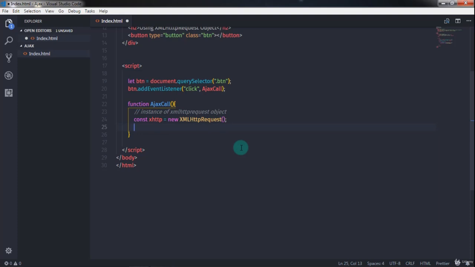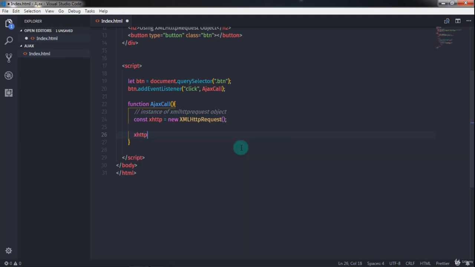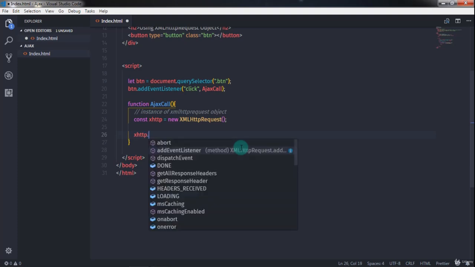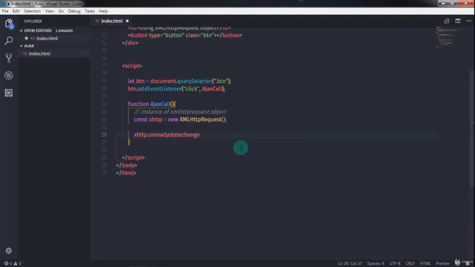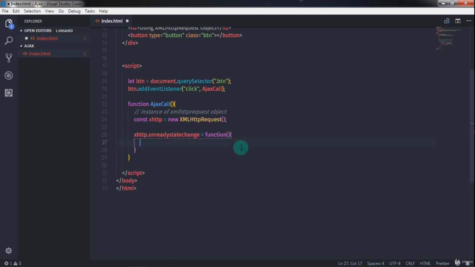Now just after that, I wanted to call the onReadyStateChange property of the XML HTTP request object. The readyState change property is an event handler that is called whenever the readyState attribute is changed. So I will call the instance xHTTP and call the property onReadyStateChange, right? So this is my property. I will call the handler function, so I will say function here, and in this function I wanted to create the if condition